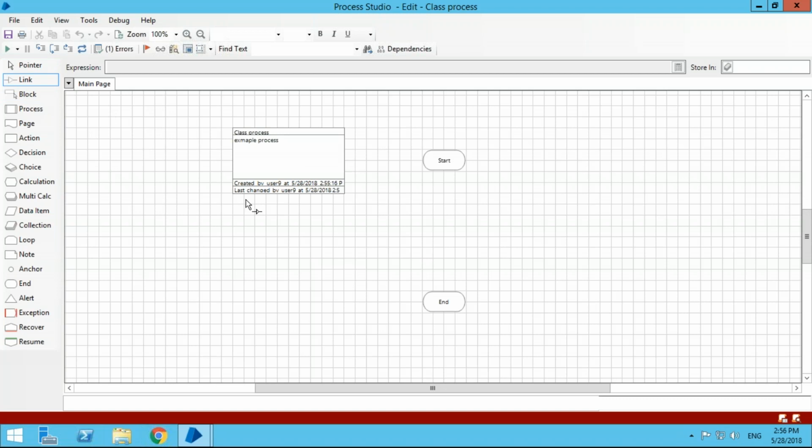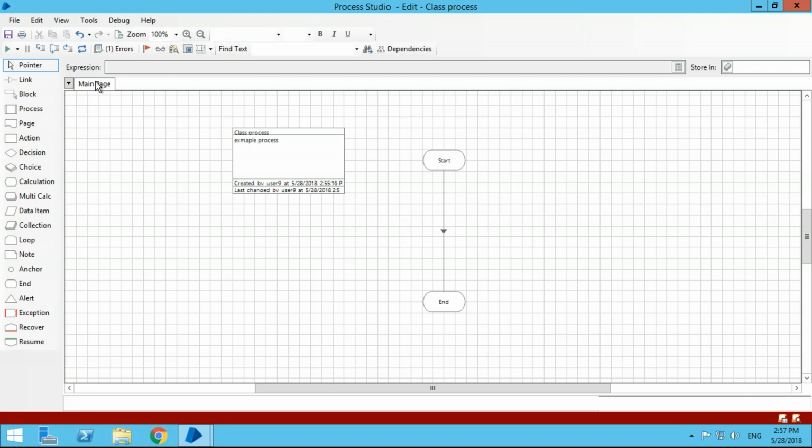Again, it's not really a strange concept for all of us. If you use flow charts, even in Excel, you can connect dots and so on. So what I've done here is, when you first create a process, it always has a start and an end by default. All I've done is gone into link and I've linked the start to the end, to say when this process runs, it just starts and it ends. Very straightforward, because what I want to cover now is how you run a process.